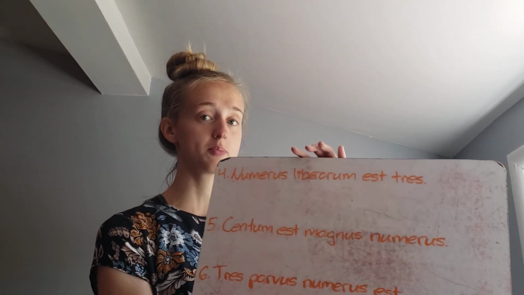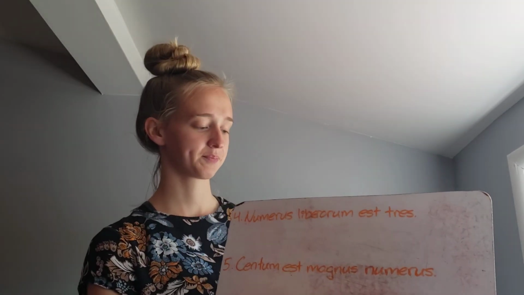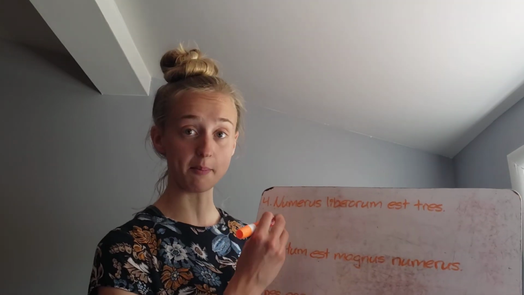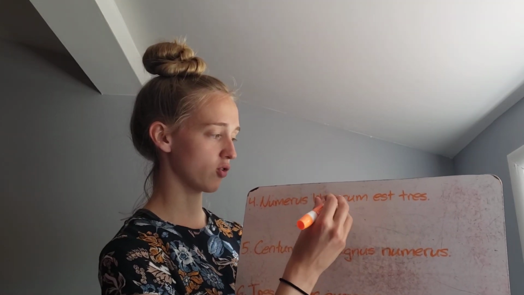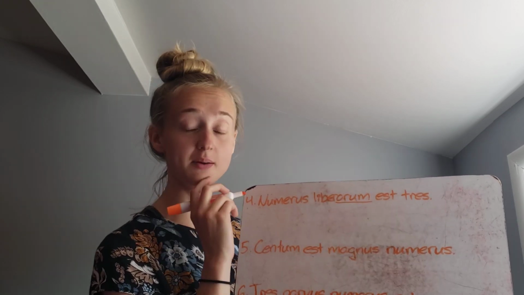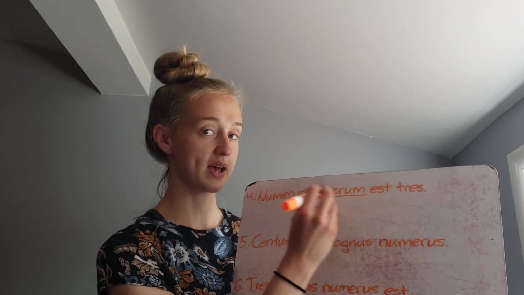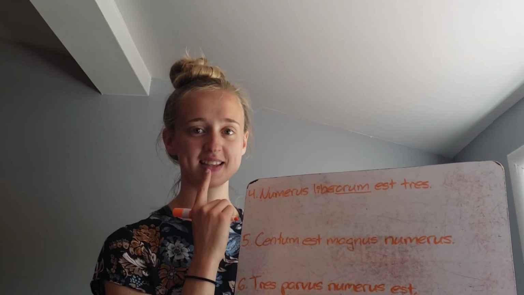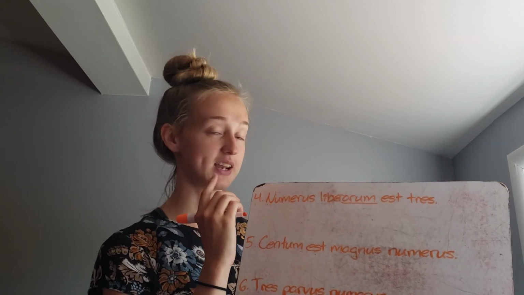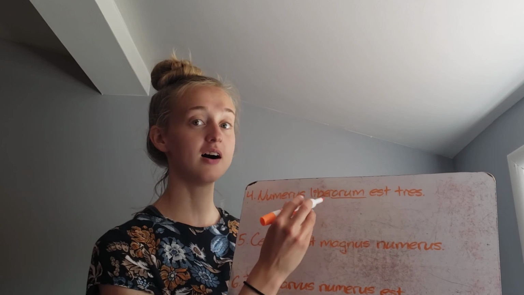Okay, moving on to number 4. We have numerus liberorum est tres. What do we notice here? We have numerus, the number again. Liberorum, we see this orum ending. We know liberi means what? Child or children. And this orum ending, what does it tell us? That it is genitive. And not just genitive, but genitive plural. So we have the number of children